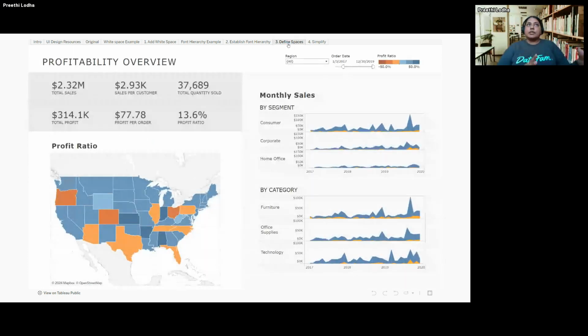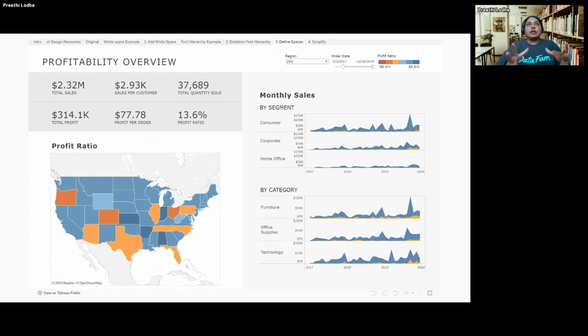So if you see the difference between the previous dashboard and this dashboard, what we have done is we have implemented color. I have implemented the darker gray up here. And as you see with the darker gray background, you now feel like the KPIs are one solid box of themselves, right? And then we went ahead and implemented the lighter color for your monthly sales by segment and by category. So this emphasizes primary and secondary spaces, which will help your users understand that you should start here and then probably move over to the next section.